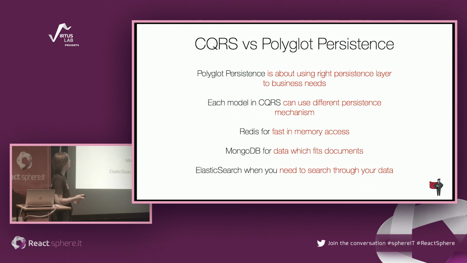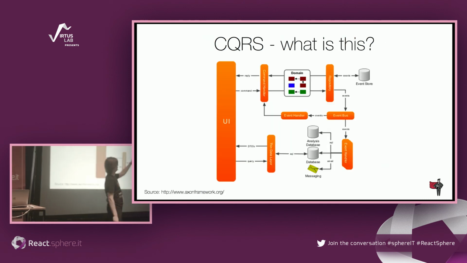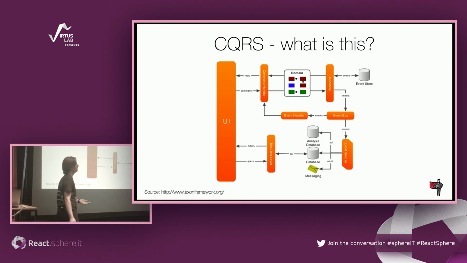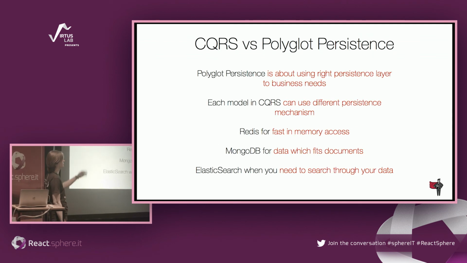And how does CQRS fit the polyglot persistence approach? The polyglot persistence approach is about choosing the persistence layer, the database storage system, to fit business needs. And what is really cool in CQRS, when we are building a model, we can choose any database we want to. So we can, for example, use Redis for some kind of simple cache. If we need, for example,